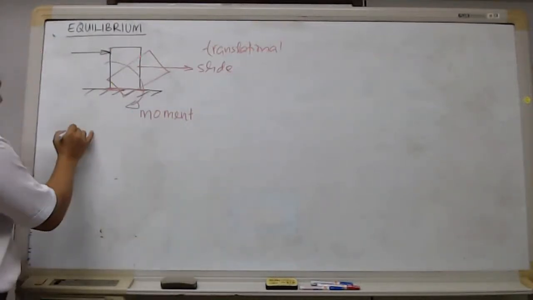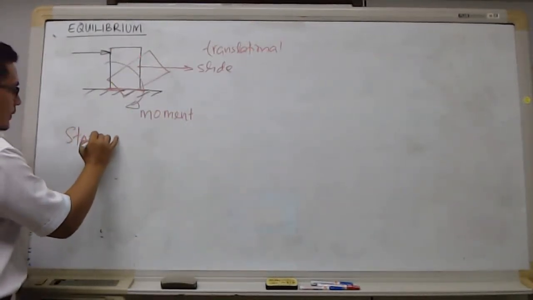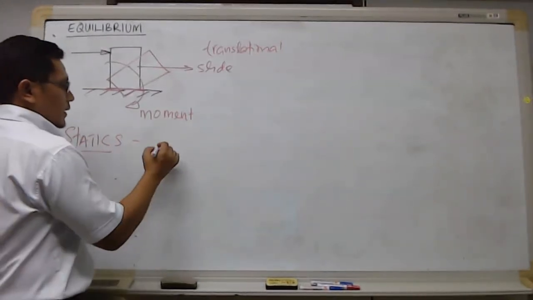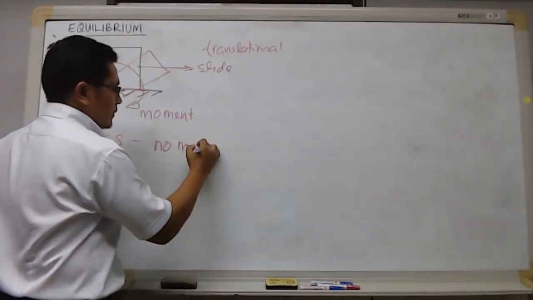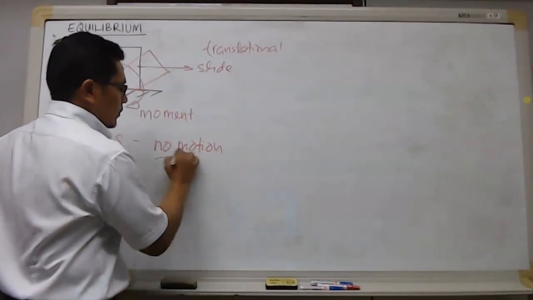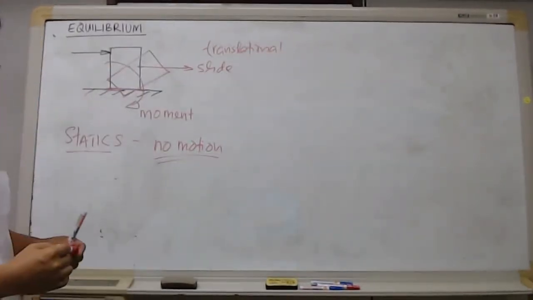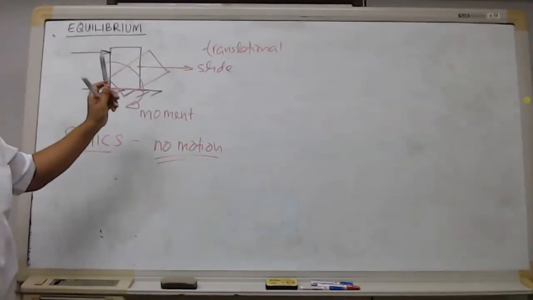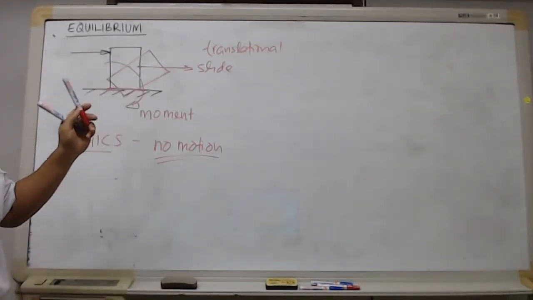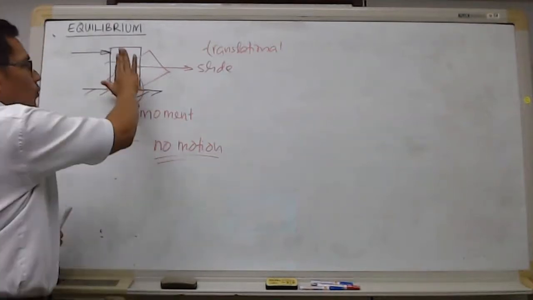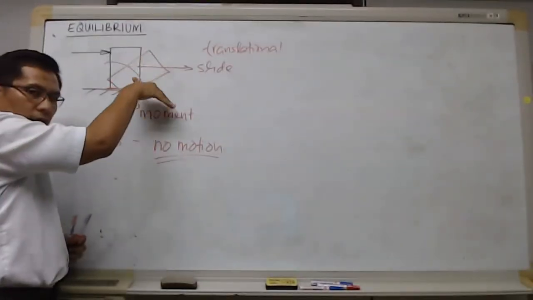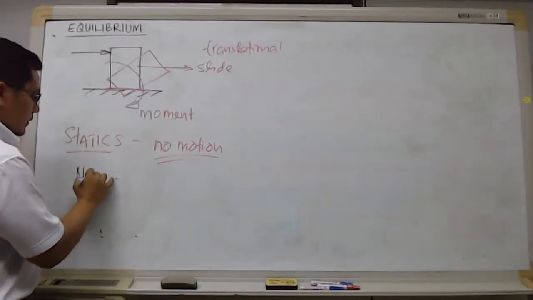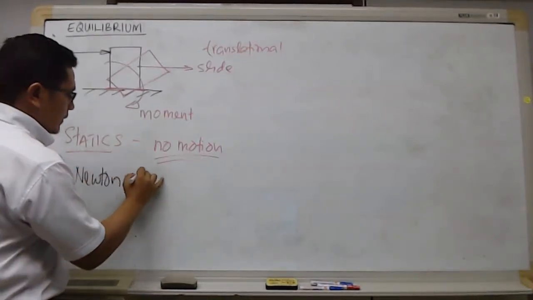When we learn statics, everything is not moving. No motion. So whenever we put the force, what are the things that make the block not slide and not tilt? Then it comes to the concept of Newton's third law,